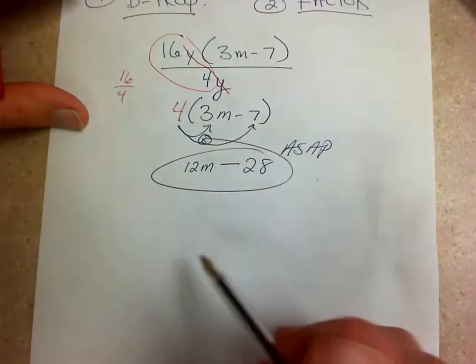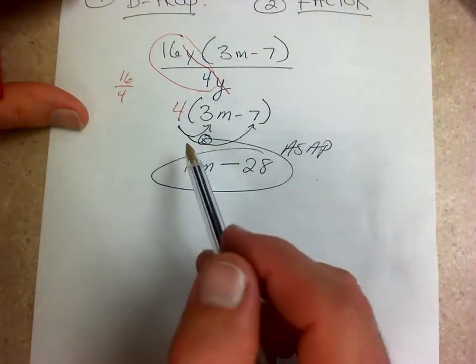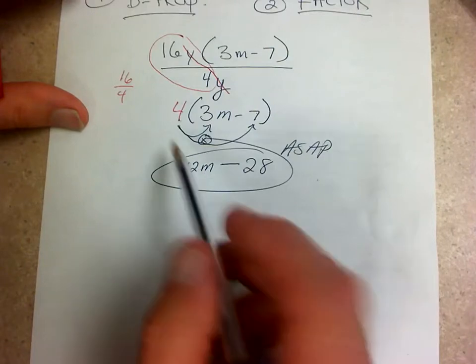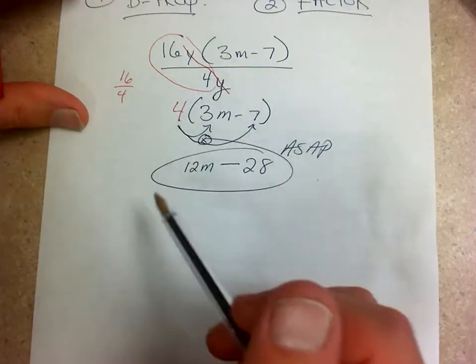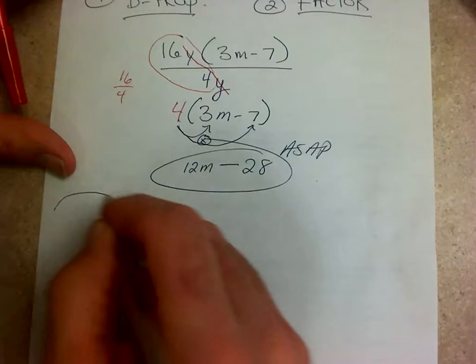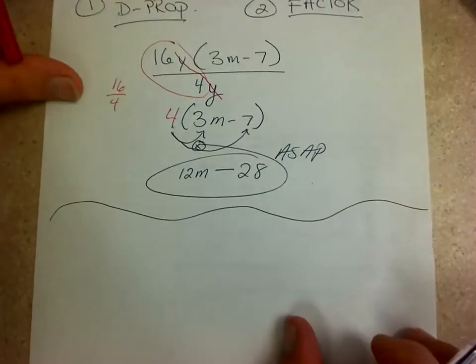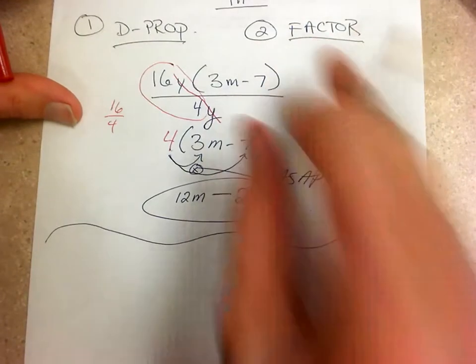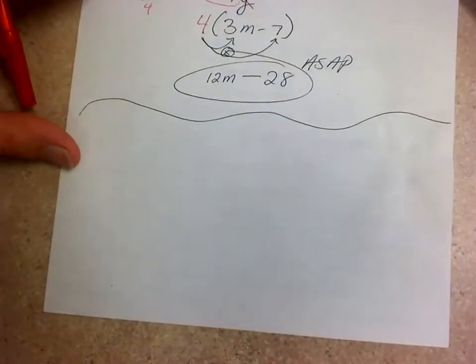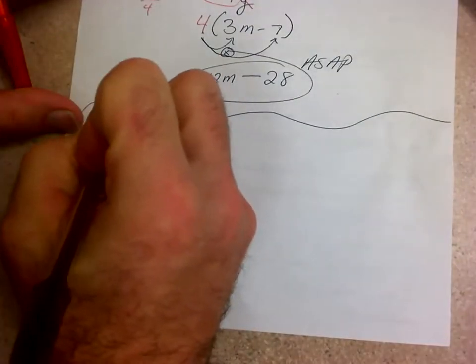So you have a few of those in your homework tonight. Some other ones I have are just straightforward distributive property, but that's the new one, and it covers everything you need to know there for the simplifying. The second part of our homework was the factor side of it. And with factoring,